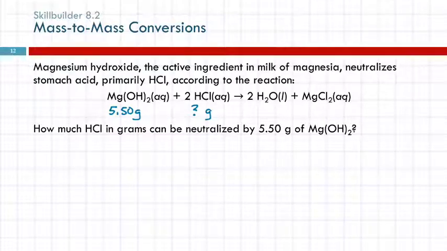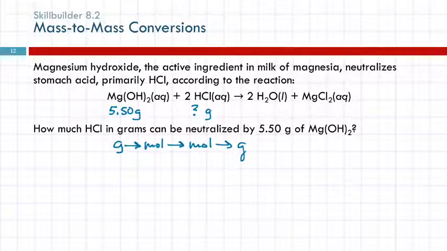What's my generic path? Grams to moles to moles to grams. And so maybe by this point we can just jot that down, grams to moles to moles to grams, without necessarily writing all the formulas in there. This is what I'm starting with. This is what I'm ending up with. So I'm going to start with 5.50 grams of magnesium hydroxide